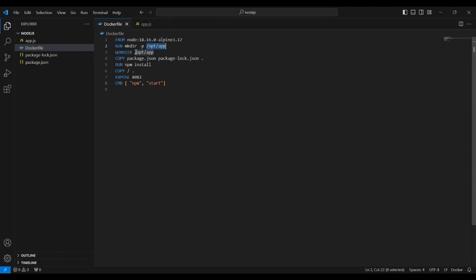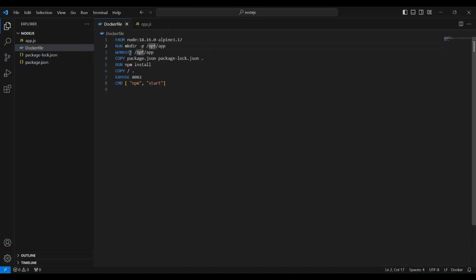And our working directory: once we create this folder, our working directory should be /opt/app. Then we will copy, because our file is there. We are running the Dockerfile in the same application. We need to put our Dockerfile inside the application, right? So that we can directly copy our package.json and package-lock.json